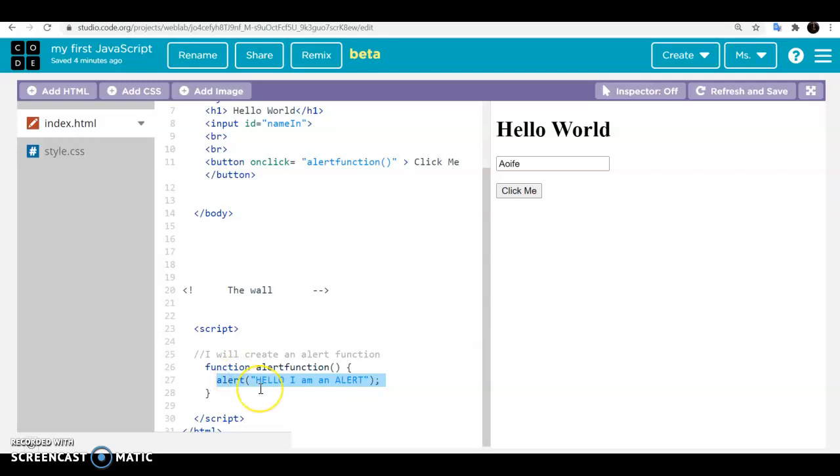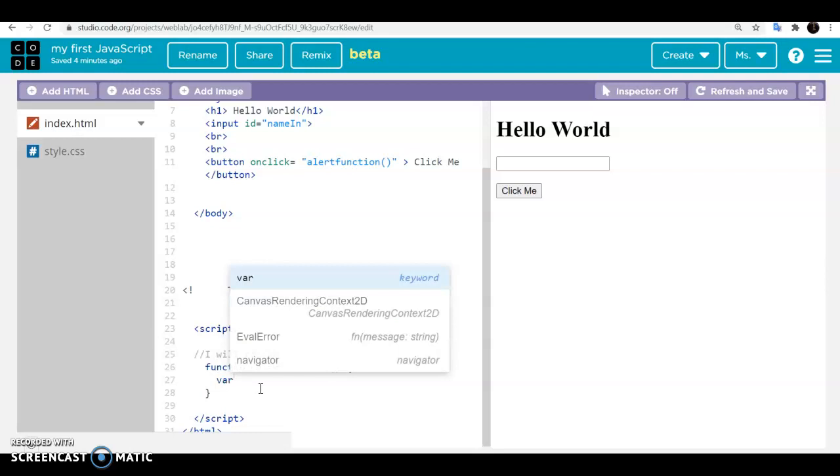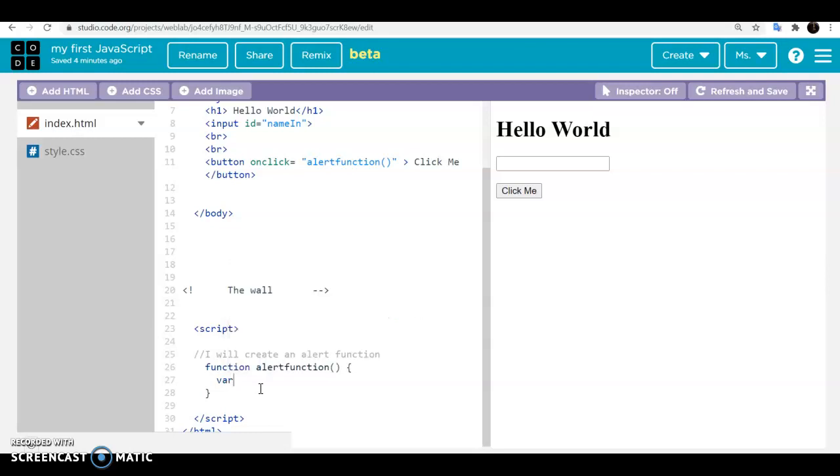I'm going to start by just deleting that rather than trying to edit it, and I'm going to set up my variable here. To set up a variable in JavaScript, you have to use var. var is a keyword in JavaScript that stands for variable. So var, and the name of your variable comes next. I'm going to call this variable name because I'm taking in the person's name. And to assign a value in JavaScript, it's a single equals operator. So var, I'm calling it name, my variable is called name, and I'm setting it